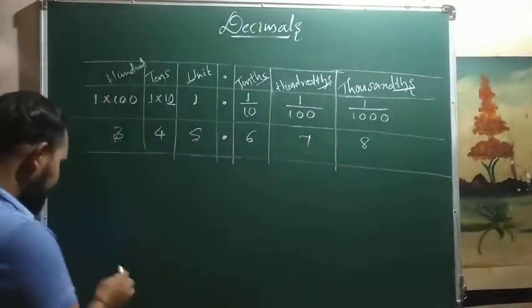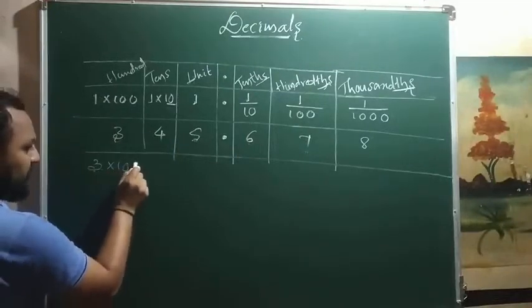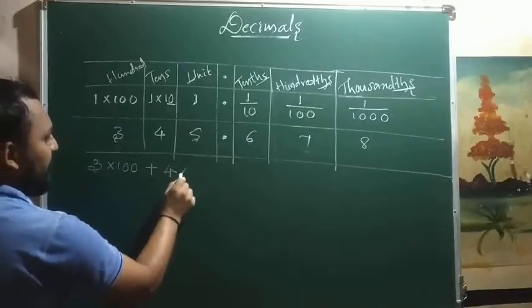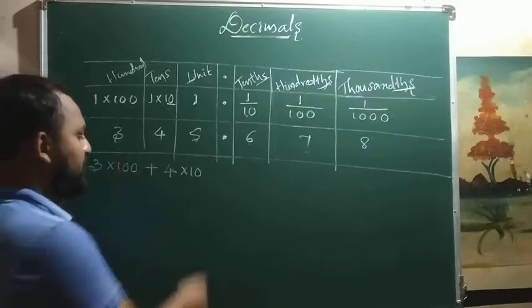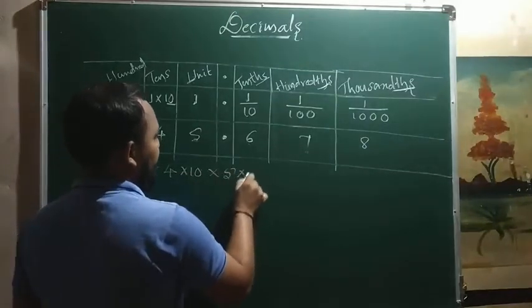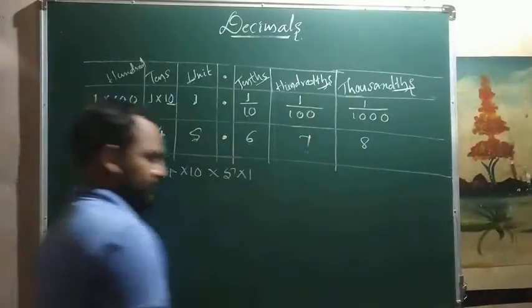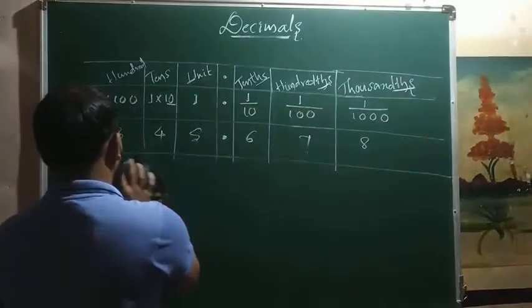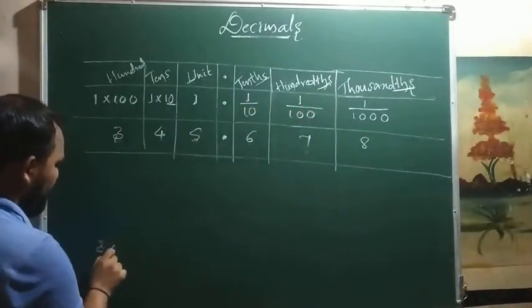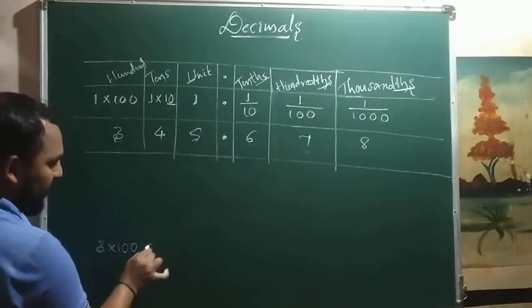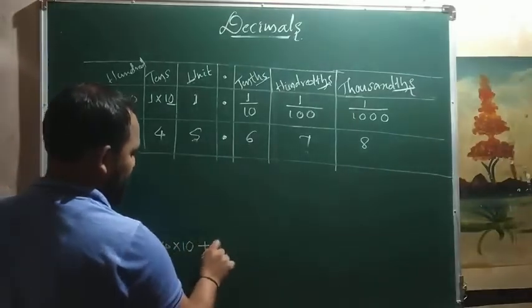345.678. Then the expanded form of this number is 3 into 100 plus 4 into 10. 3 is in the place of hundreds, 4 in the place of tens, and 5 into 1. Okay, wait. Then here, expanded form: 3 into 100 plus 4 into 10 plus 5 into